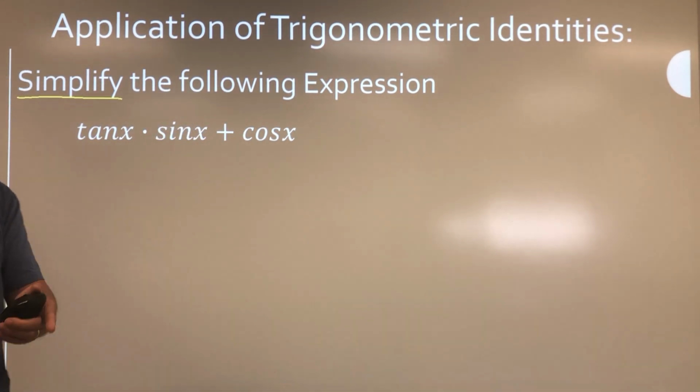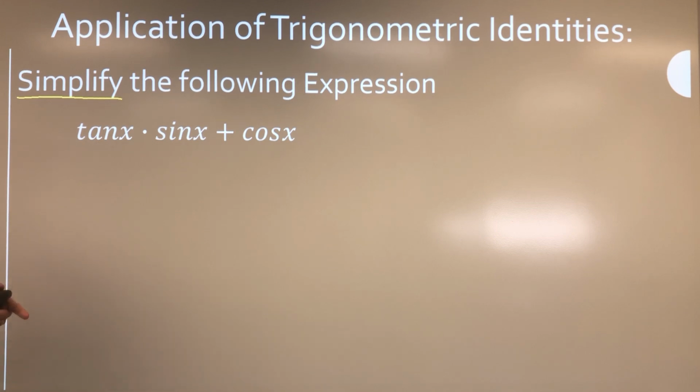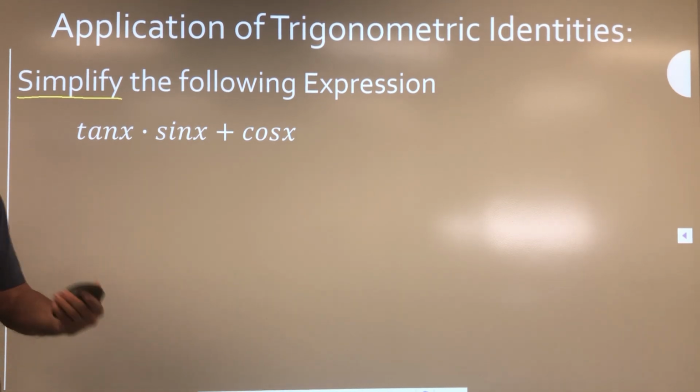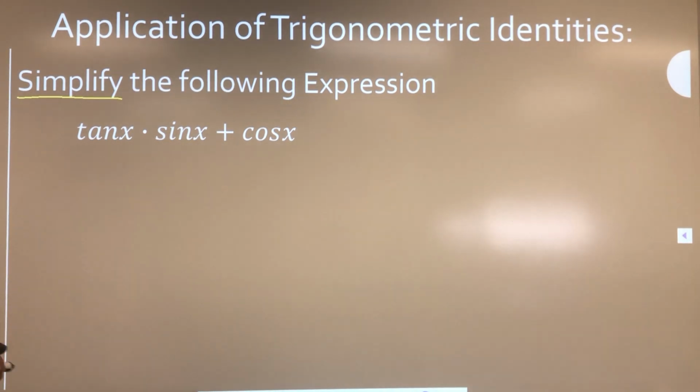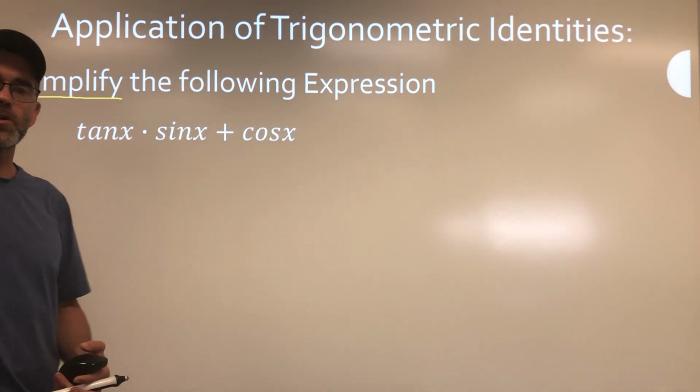So we've got to get to the lowest point. Oftentimes it's a number or a single word. So right now I've got the tangent of x times the sine of x plus cosine. We're asked to simplify this. So this is why we need to know the identities so well. We're supposed to look at this and start running through our head the things we know about each and